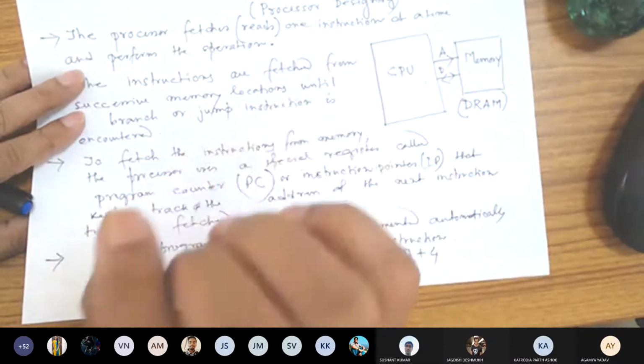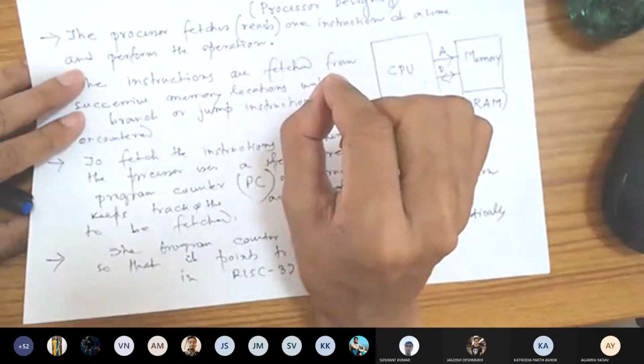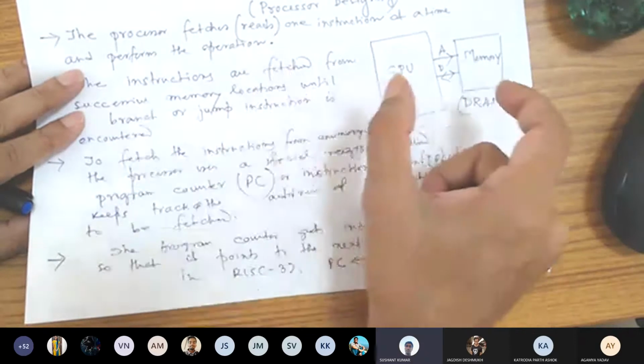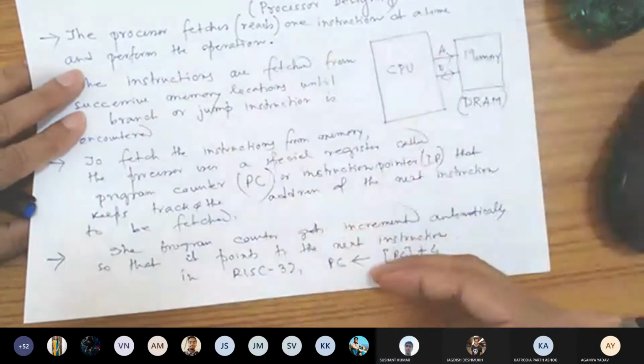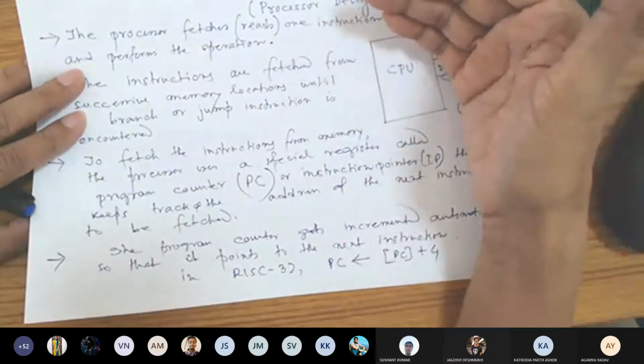So what is the value of the program counter at that time when you are fetching the jump instruction? The address of the jump instruction. Yes, sir. Now, when you have already fetched, the program counter automatically gets incremented by PC equals PC plus 4. Let me take an example. This will be clear. Just hold on.